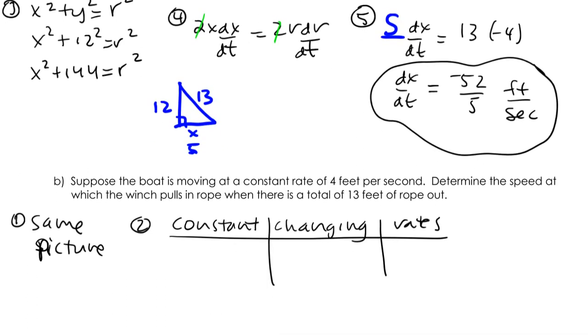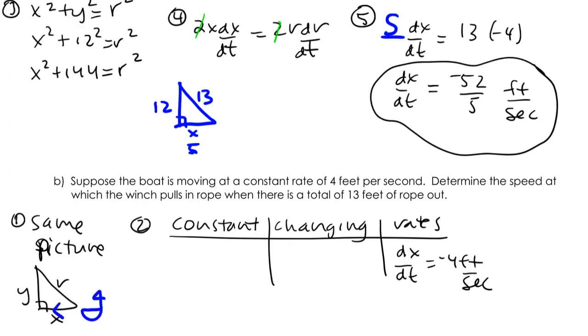You know what, let me draw this. I was being lazy, but we really need it so we can see it. Suppose now the boat is moving at 4 feet per second. So now we have a rate, but now it's dx/dt. The reason I have a negative on there is because this is the boat here, and if it's traveling left, this gap right here, this x, is decreasing. Determine the speed at which the winch is pulling in the rope. So now I want to know how fast this is going up, so I want to find dr/dt